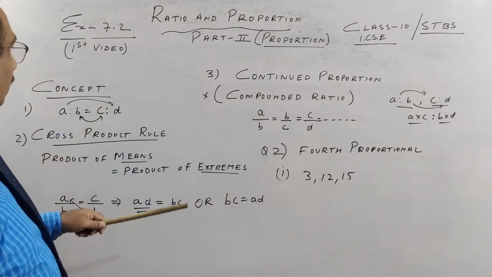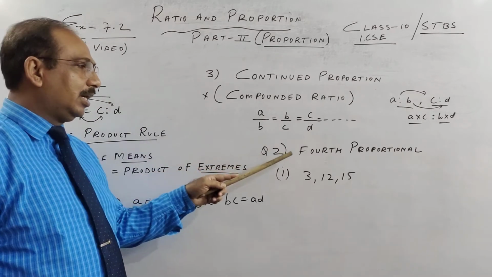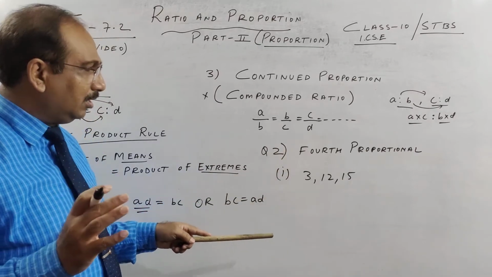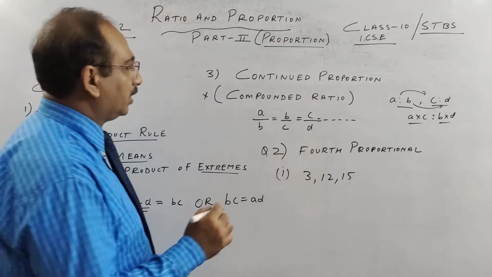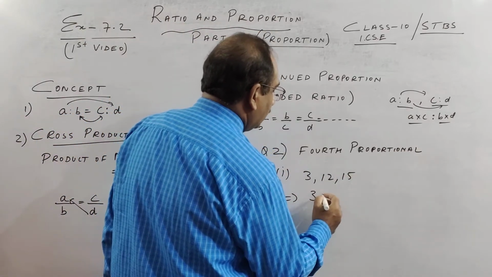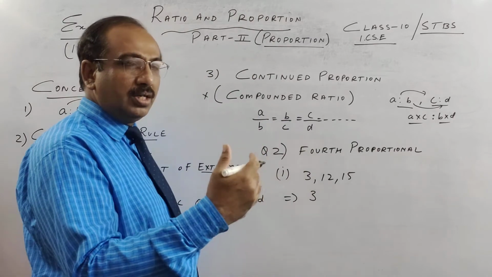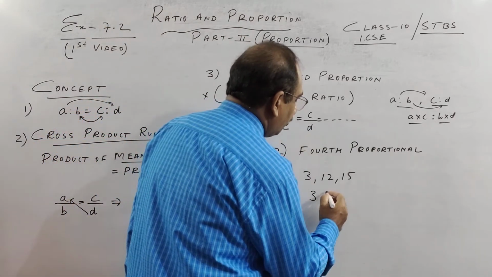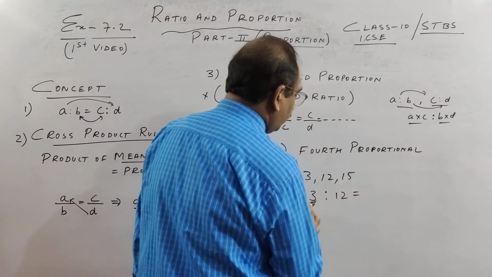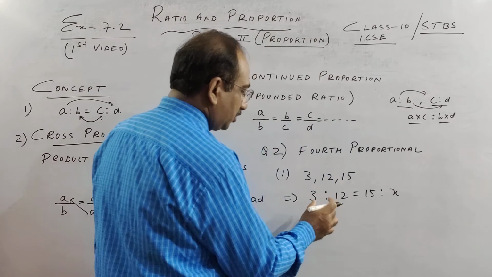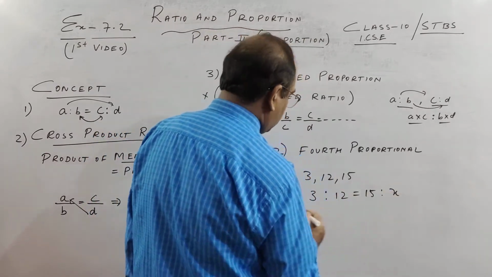So a few questions I'll do and I'll teach you fourth proportional, third and mean proportional, just the basic thing. Then we will do a few questions. So here we go. What do you mean by fourth proportional, children? Here there are many solved and unsolved examples. I am giving you the very basic concept. First is to second, as third is to what? So fourth proportional: first term, second term, third, fourth term.